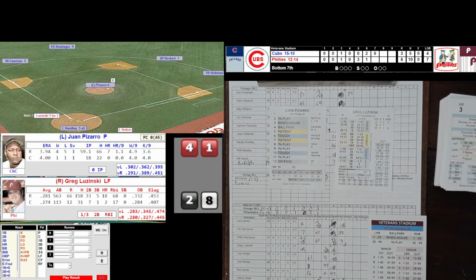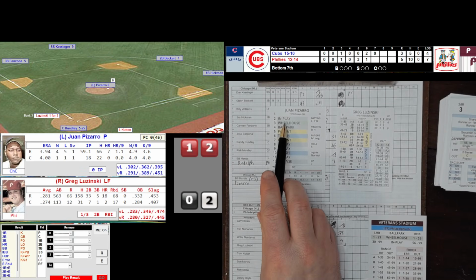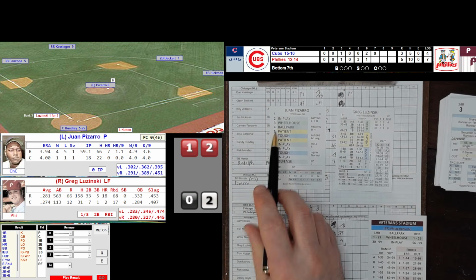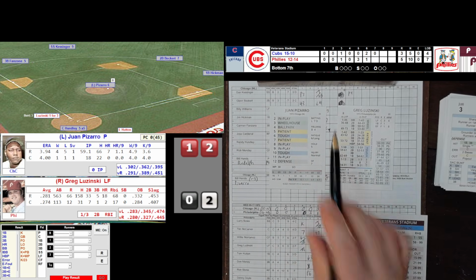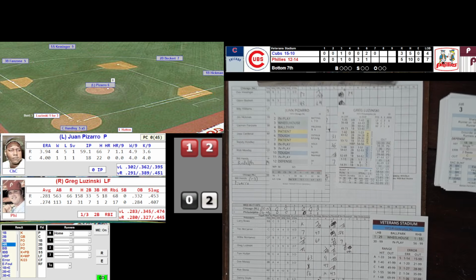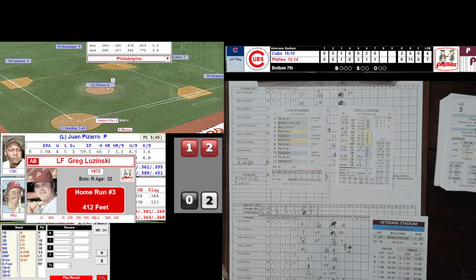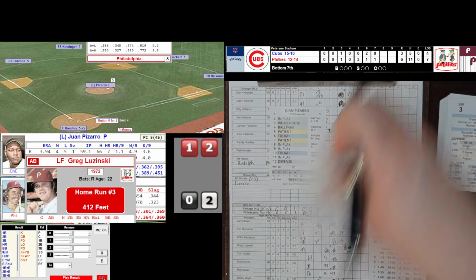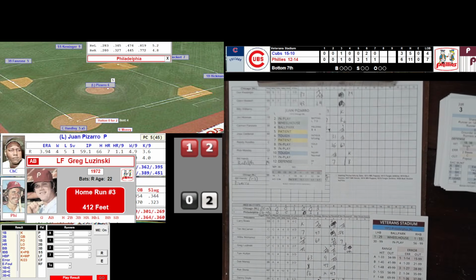Facing Luzinski, you're going to start the bottom of the 7th. 3 is wheelhouse. Right off the bat, he puts one in the wheelhouse. That's an 0-2. Luzinski doesn't miss it. That's gone. Greg Luzinski greets Pizarro with a home run. And for Luzinski, that is his 3rd home run of the replay, as he blasted that one. Pizarro put it in the wheelhouse, and that 0-2 means Luzinski did not miss it. So that'll bring up